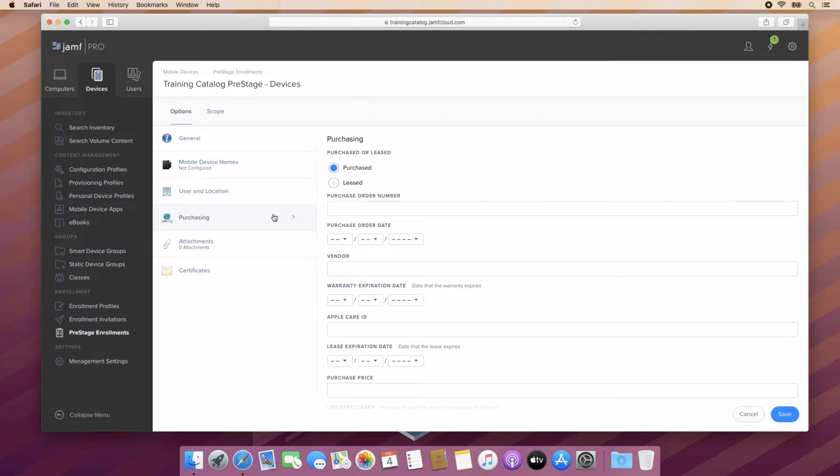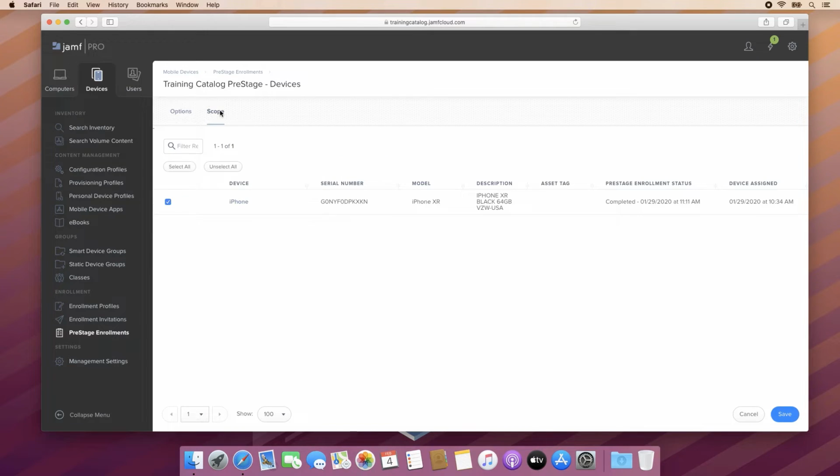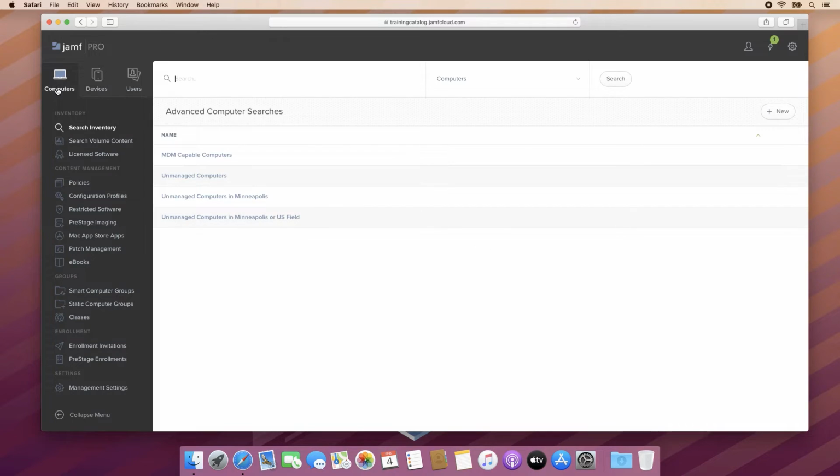Once the PreStage has been configured to our liking, select Scope and add your devices. In my case, I only have the one which was recently enrolled. Save your work, and this device's PreStage enrollment is ready to go. Let's look at PreStage enrollments on the macOS side. Select Computers from the sidebar, scroll down to PreStage enrollments,